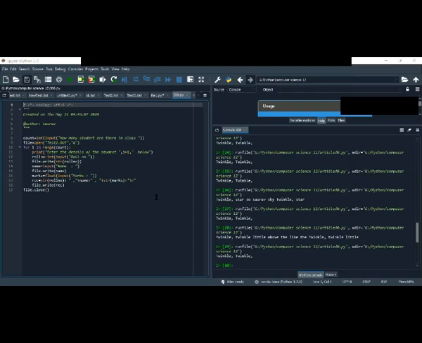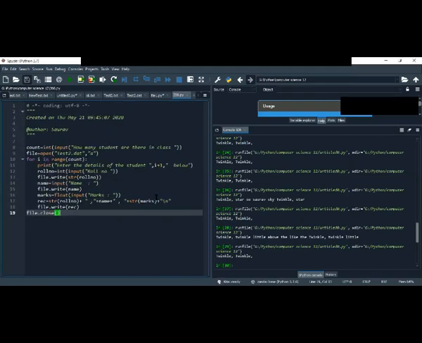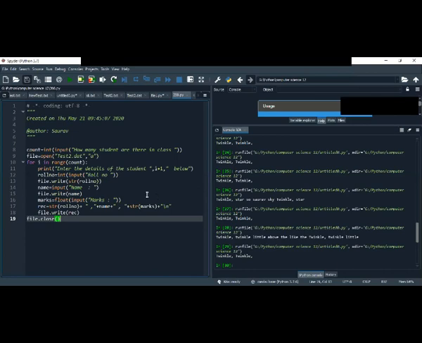Now, as you can see, we worked on this file. Remember in the previous class?